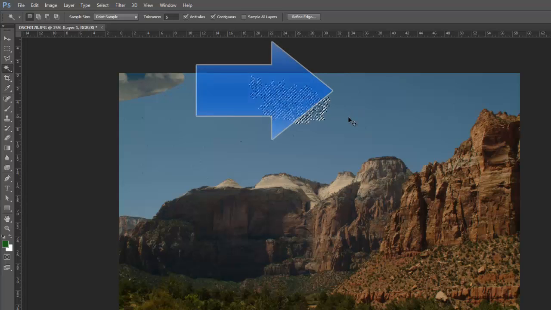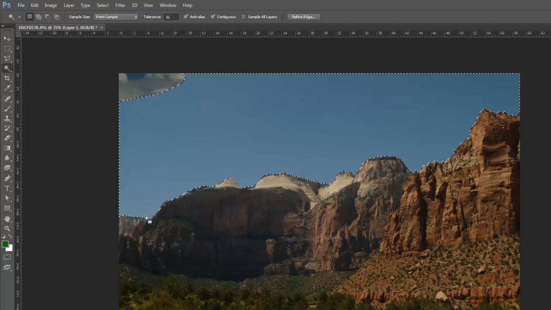I hit Control D to deselect. Let's go to the default, which is 32. Click, and that selected most everything, and it did a really good job. So maybe I wouldn't need to do anything more. I just need to be careful that it's not selecting too much. Maybe it's selecting part of my mountains. I do have contiguous on. That means that it's only going to select pixels that are